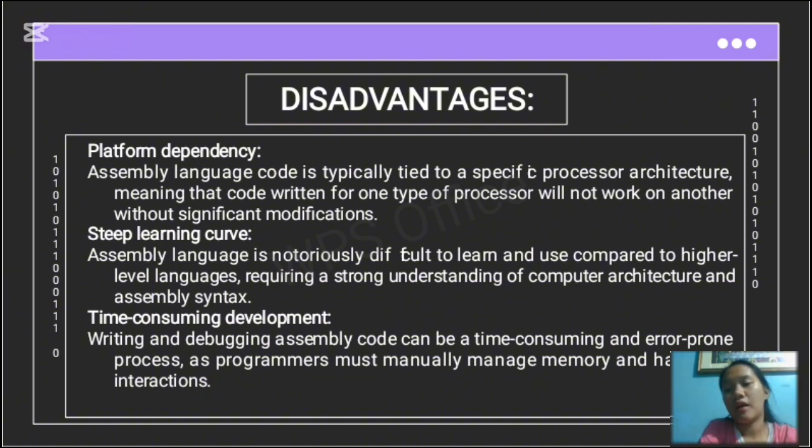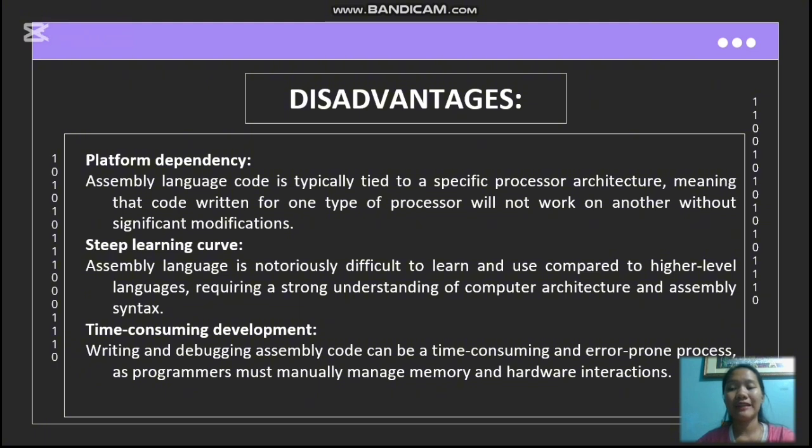So, steep learning curve. Assembly language is notoriously difficult to learn and use compared to higher level languages, requiring a strong understanding of computer architecture and assembly syntax. So, steep learning curve requires knowledge of computer architecture. Then time consuming development. Writing and debugging assembly code can be a time consuming and error prone process as the programmers must manually manage memory and hardware interactions. So, time consuming development, writing and debugging assembly code is labor intensive,